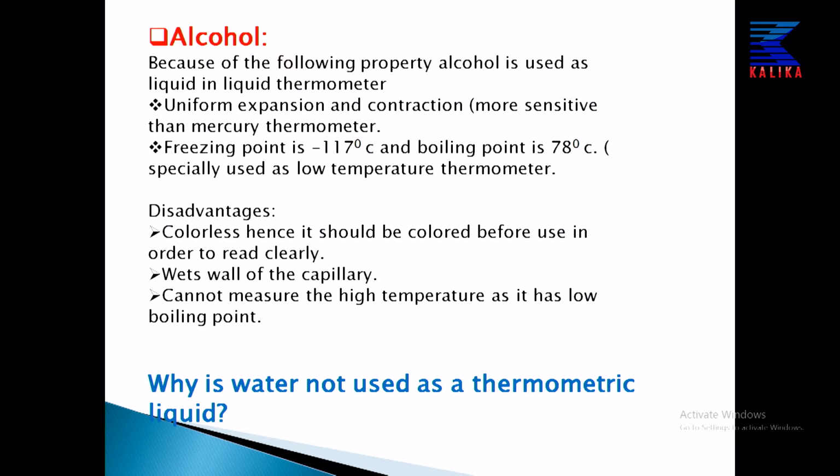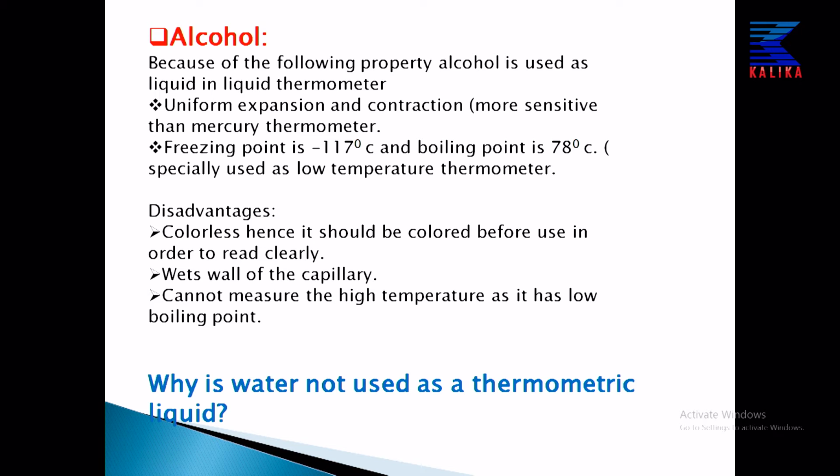That means we cannot measure the temperature of boiling water by using an alcohol thermometer. Why? Because the boiling point of water is 100 degrees Celsius and the boiling point of alcohol is 78 degrees Celsius. While measuring the temperature of boiling water, the alcohol itself gets vaporized. So, it is impossible to measure the boiling point of water by using an alcohol thermometer,